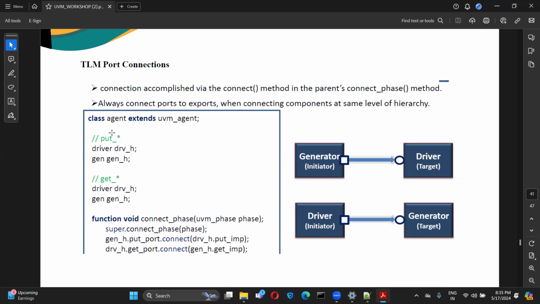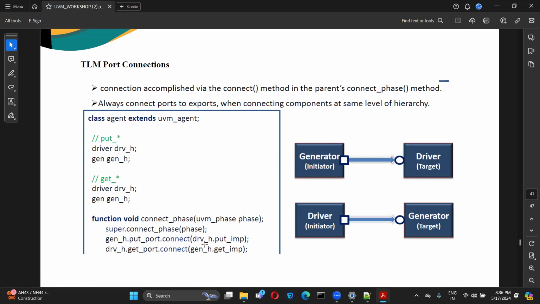First you declare the handles for driver and generator, and for the get you have declared two things. Then you write gen_h.put_port.connect(driver implementation), so the port and the implementation will be connected. You are just declaring and putting the data, but the actual connection is done in that particular top-level container. For this example, it is the agent container, so in the connect phase you will find this connection.